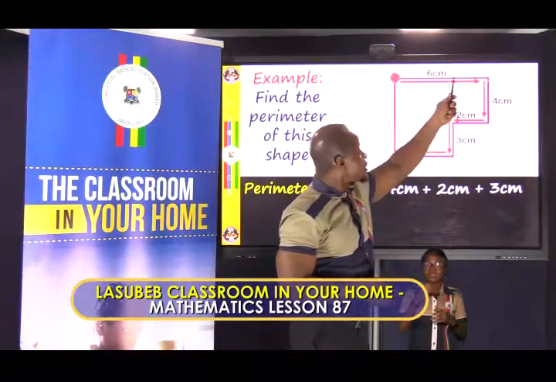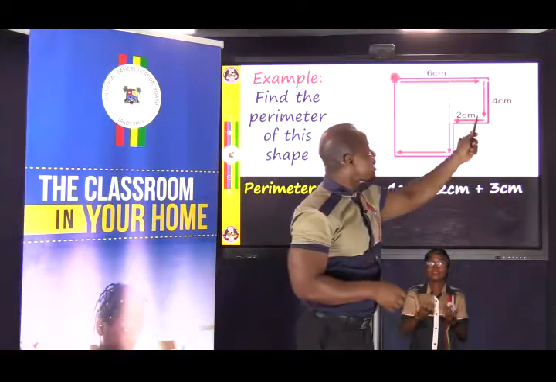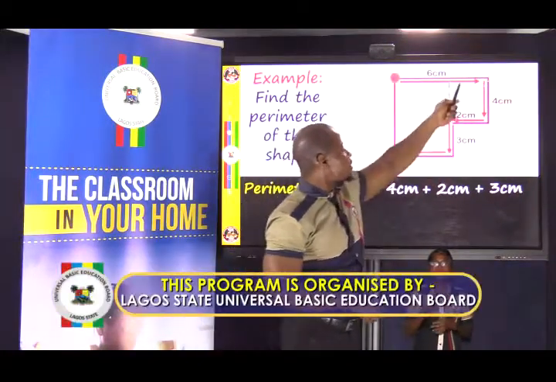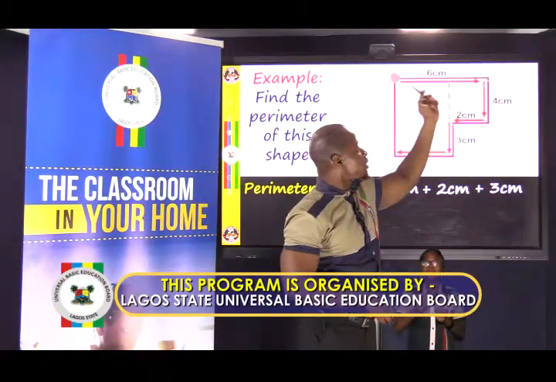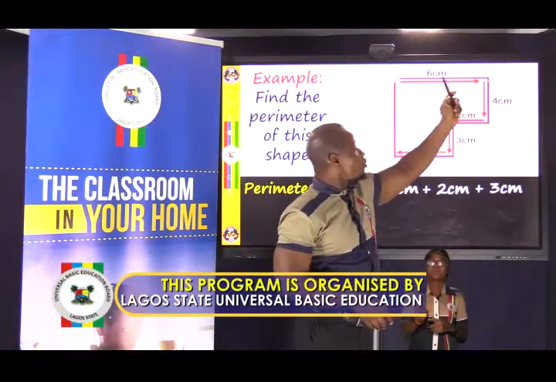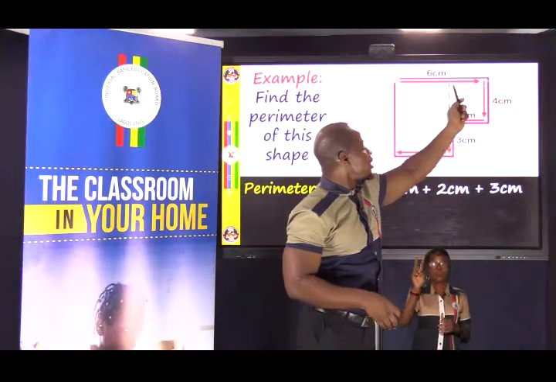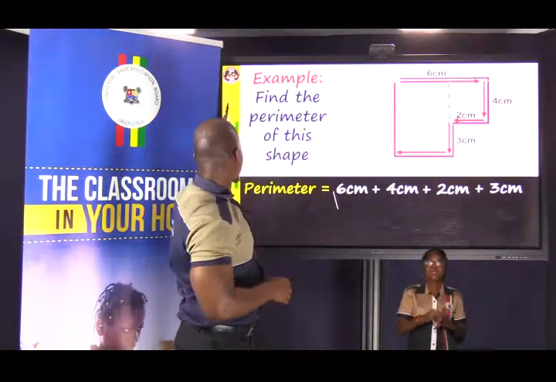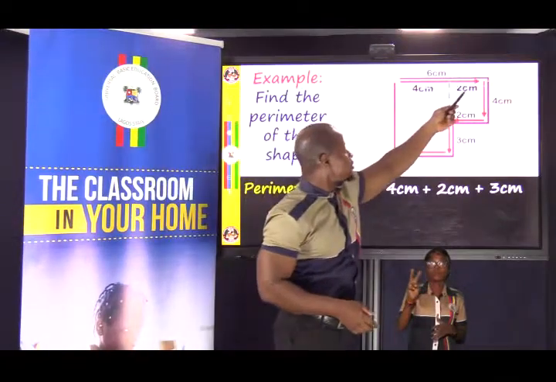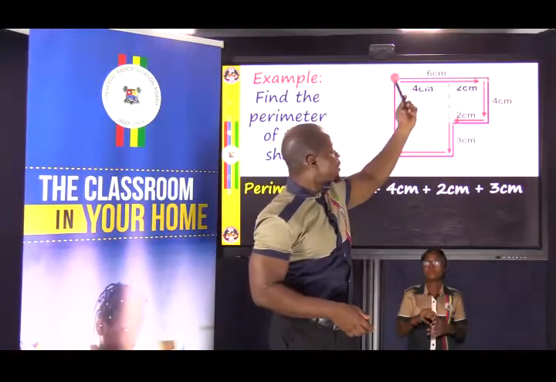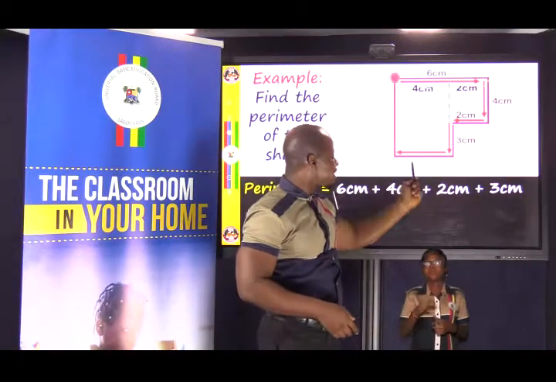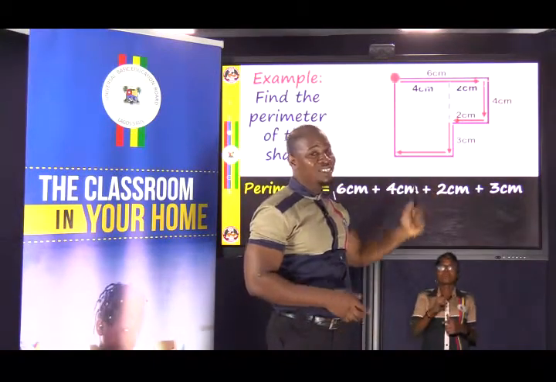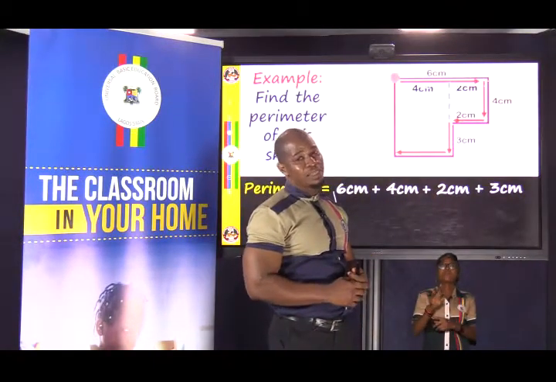From here to here is the same as from here to here. And that is 2 centimeters. So if this place is 2 centimeters and everything is supposed to be 6 from here to here, so this one is 2 centimeters. The remaining will be what? The remaining will be 4 centimeters. So that is it right here. 2 centimeters, 4 centimeters. And now if this place from here to here is 4 centimeters, that means this place